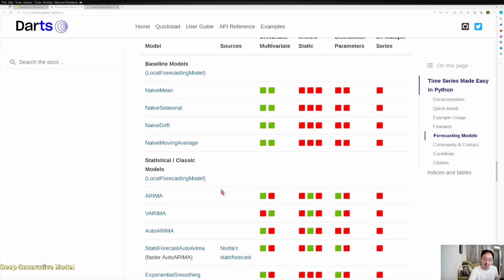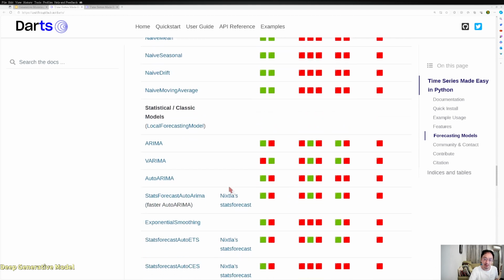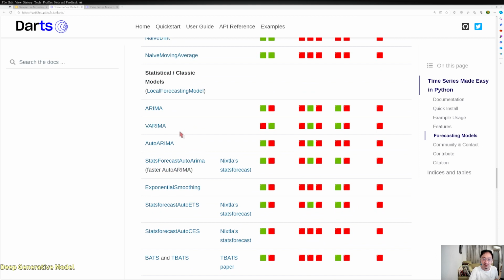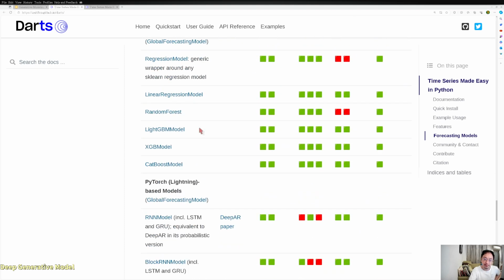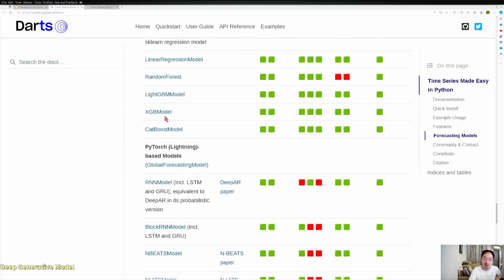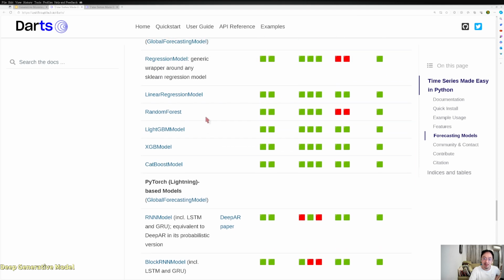Then some statistical, classic models like ARIMA and VARIMA, which actually means vector ARIMA. And then tree-based models like LightGBM, XGBoost, CatBoost, which are very